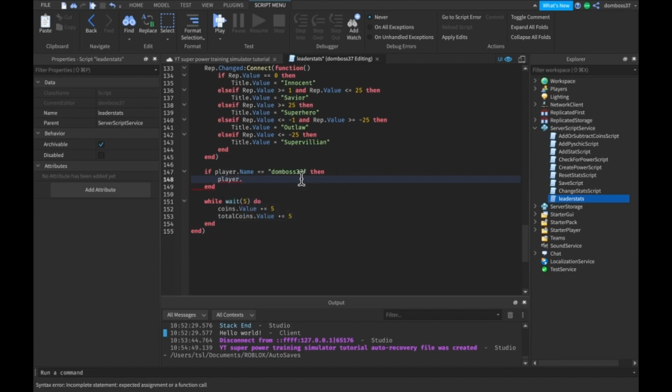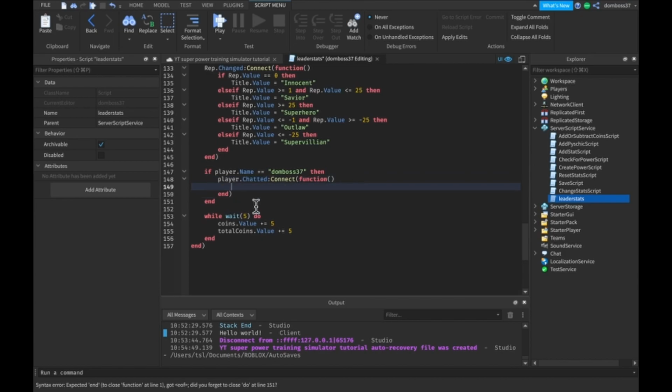If it's an admin, we're going to do player.chatted, :connect, function. So yeah, this is a similar setup to what we did in my custom admin commands videos. Make sure you check that out if you want to add admin commands to your game. So yeah, this basically checks every time the player chats, this function fires. But we want to get the message, so this MSG message is going to be what the player said. So what we want to do is, if the message is equal to /admin_panel,